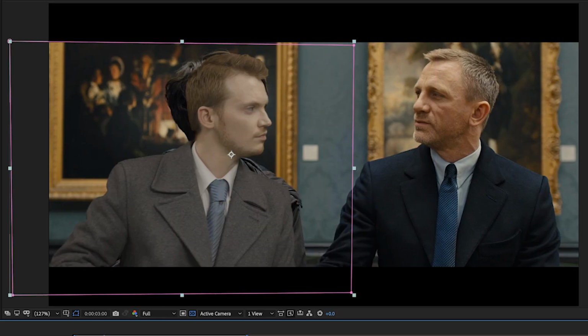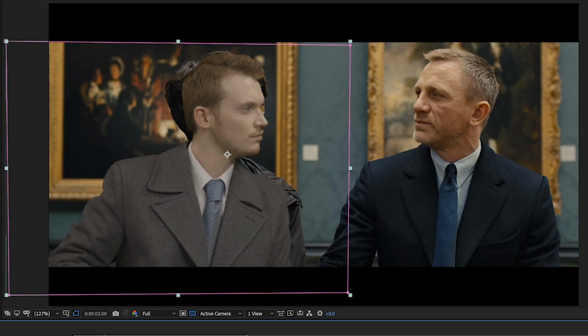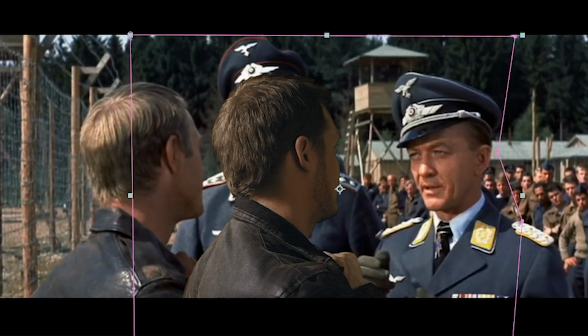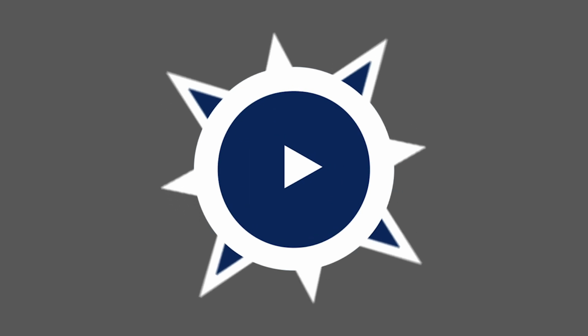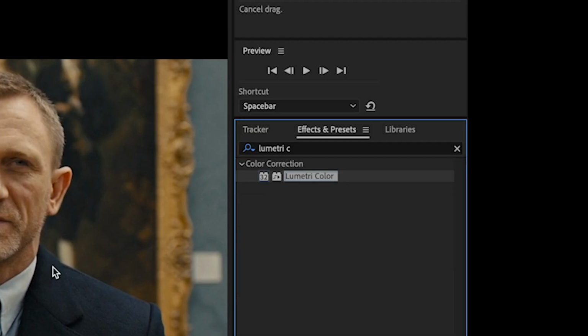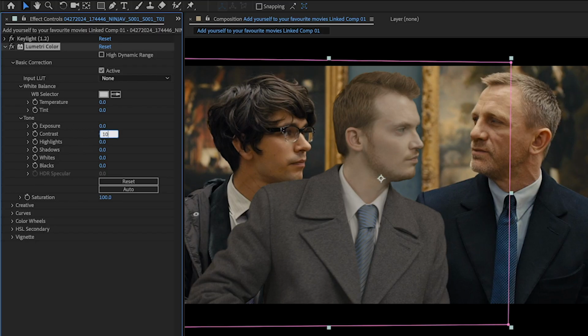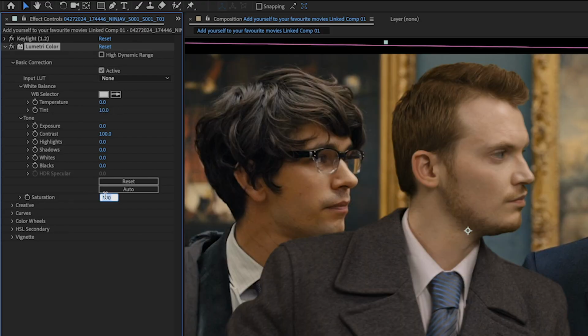I could use the original actor to line up my new performance in basically the same place. And if you scale your performance to the right size, you should be able to match pretty well with what was there originally. Next, I could add the Lumetri Color effect and set about trying to turn my flat footage into something that looked basically like the original. So this was a little different every time, but if you experiment with things like the exposure, the temperature, the tint, the contrast, and the saturation, you should be able to make the colors look more like the original.